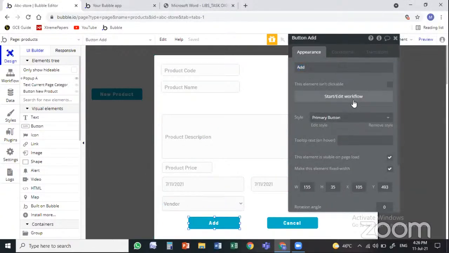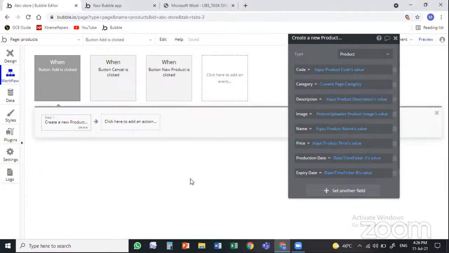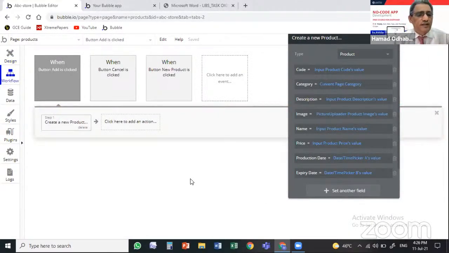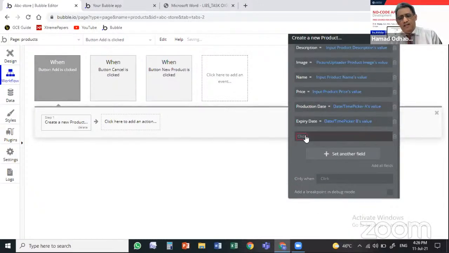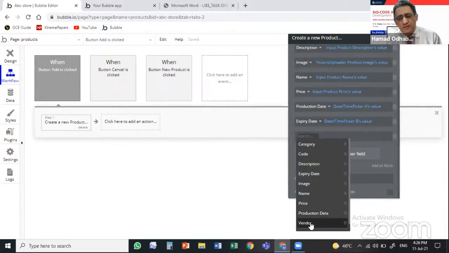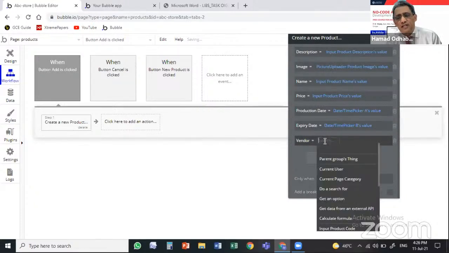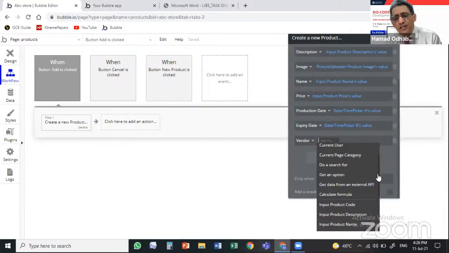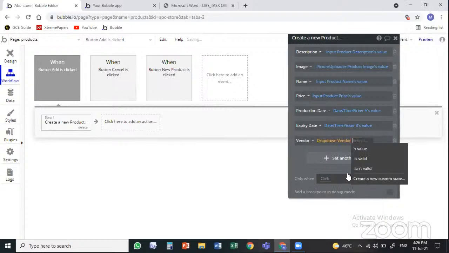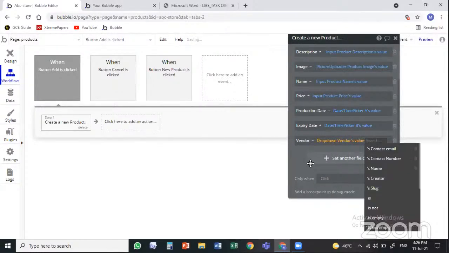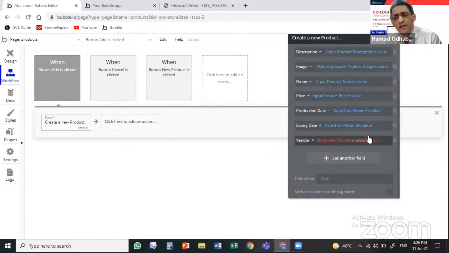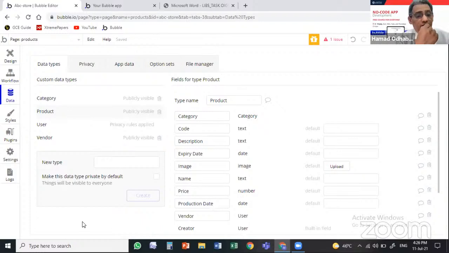I think maybe you can click on create product. Add the new field. Another field. Add this vendor. Select it from the drop down. Did you select it from the drop down? Yeah, the drop down vendor value. Yeah, it gives me an error when I do it. And go to the database. I think something is wrong in the database. I think the vendor you created,